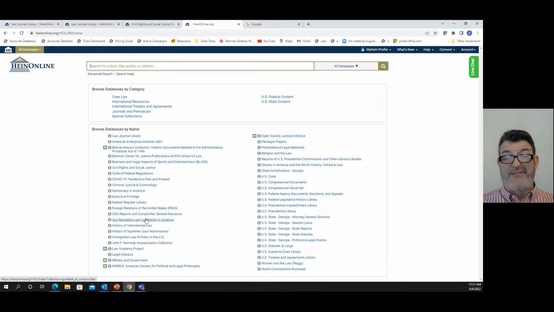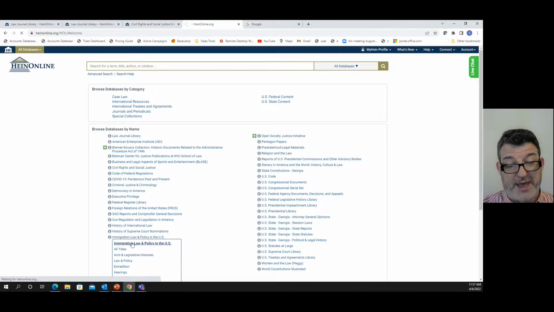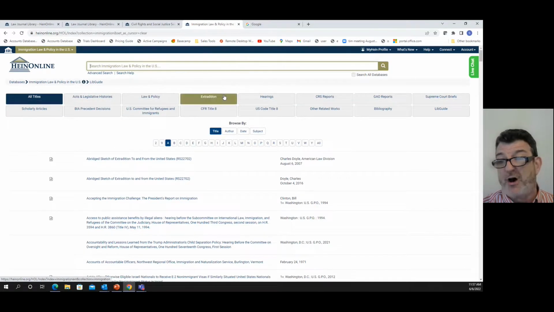But we also have a la carte collections that you can add to the 38 collections in HeinOnline Academic. What are some of those a la carte collections? Well, for example, if you wanted to go more in depth into immigration, HeinOnline Academic has tons of material on immigration. But if you wanted to go more in depth, you would go right here and go right into all of these tabs dealing with immigration.